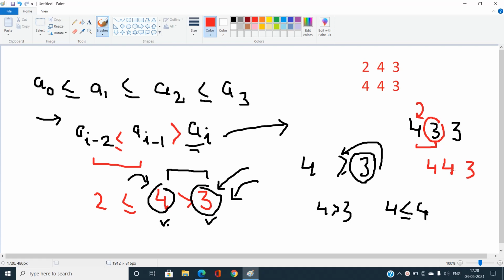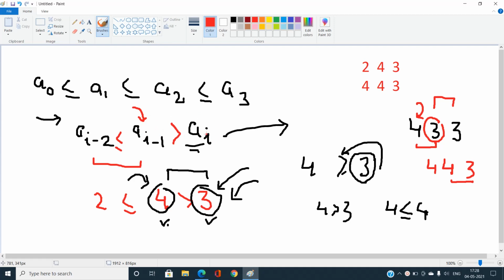Now you can see if I try to change this middle element to 4, this condition is now violated. The previous one is not violated, but now this pair is violated. So changing this one is not optimal, because in future there might be some case where we need to perform some more changes. Then what should be the optimal way? You can easily see the optimal one is to always change the a of I minus 1 value, and if it is not possible, then we are going to check if ai is going to be changed.